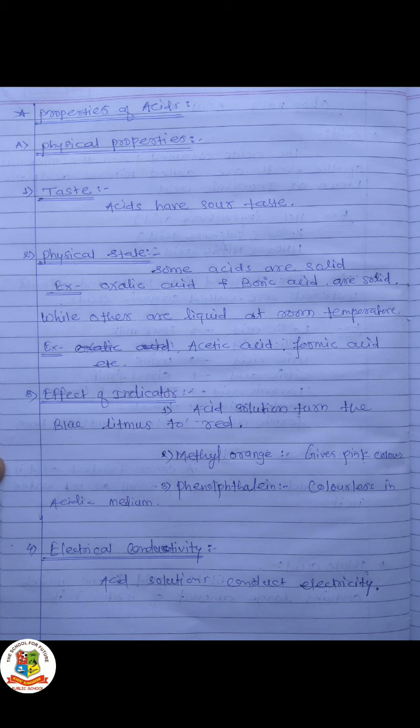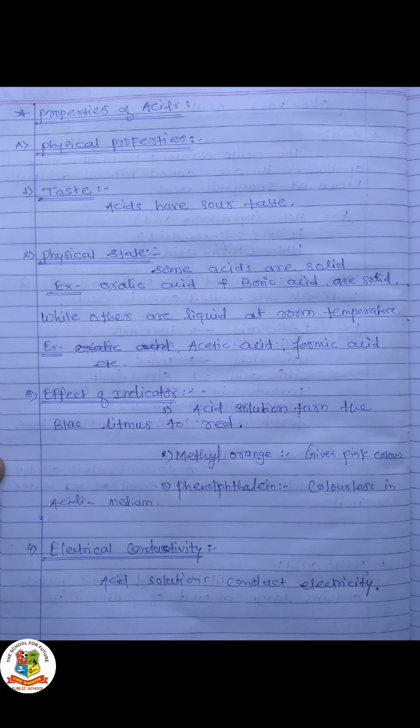I hope that you understood about inorganic acid, organic acid, concentrated acid, dilute acid, and physical properties of acid. What are inorganic acids? Those acids obtained from minerals of the earth are known as mineral acids or inorganic acids. What are organic acids? Those acids obtained from plant and animal material are known as organic acids. Concentrated acid has a very small amount of water or no water, and dilute acid has a large amount of water present in the solution.